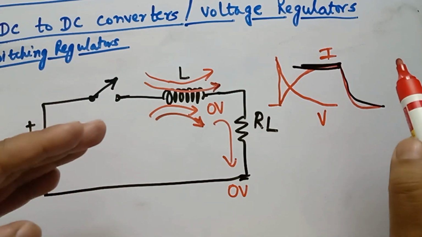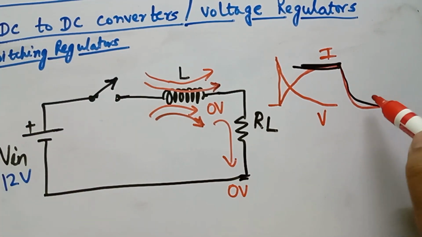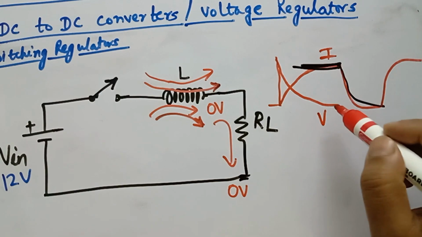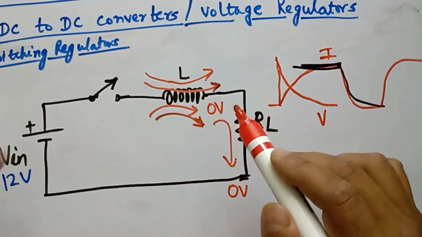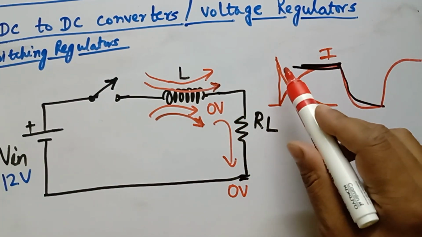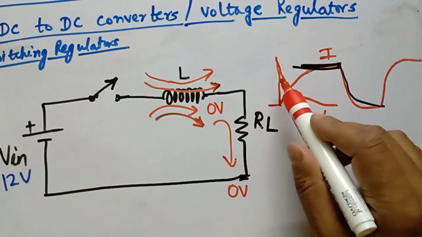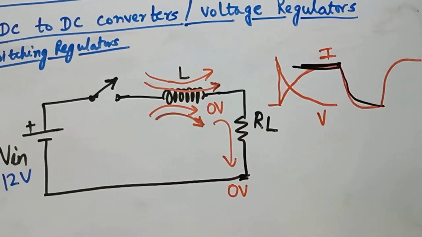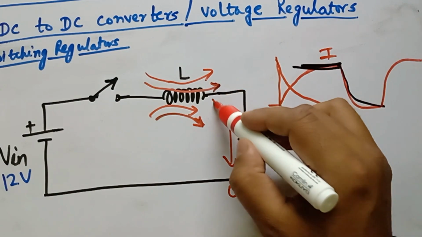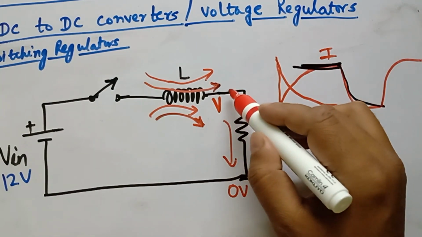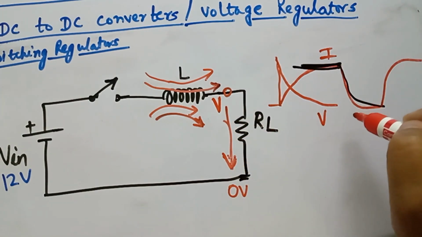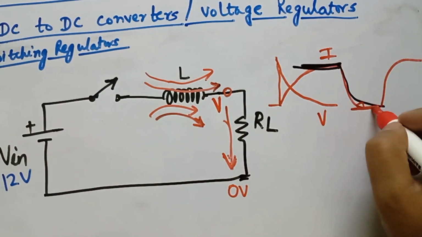Again, this whole phenomenon is repeated when the switch is again closed. The current starts rising up in the next cycle, and then again discharges when the switch is opened, and this process continues. Whereas the voltage in the beginning, when the switch closes, will be very high, but then the next time when the switch opens, suppose a value V was present at this terminal point of the inductor, and current was flowing through, and since the switch again opened up during this duration